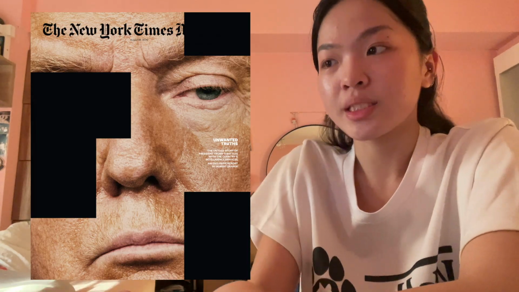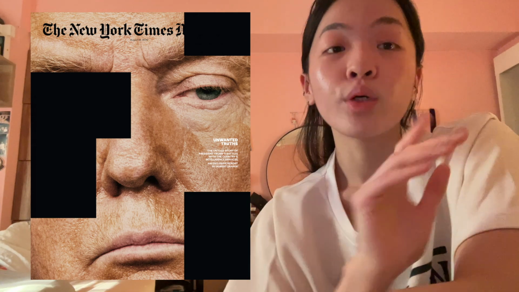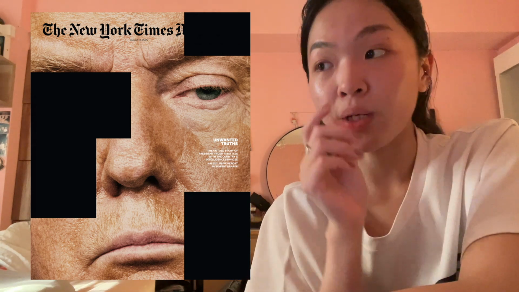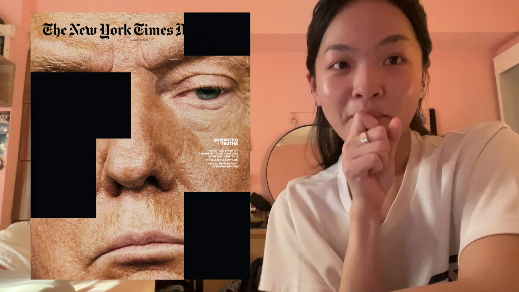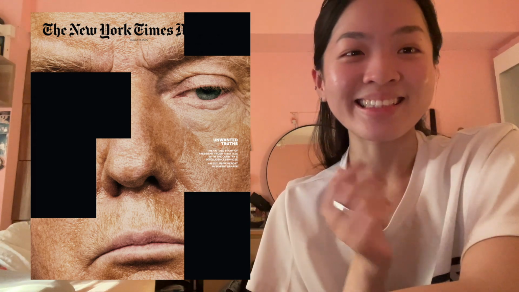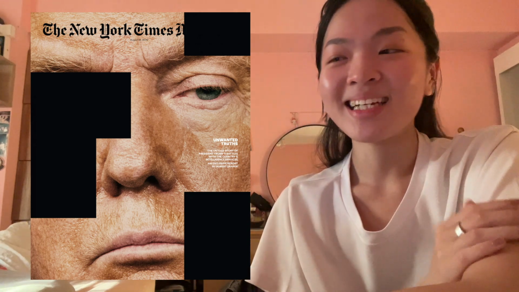And secondly, I want to talk about my second magazine, which is from the New York Times Magazine. This magazine is very interesting in my opinion. It's released on the date of 2020 August 16, which is the time where Donald Trump is still the president, by his first time, I guess. I don't know if he will be the president again, but anyways,